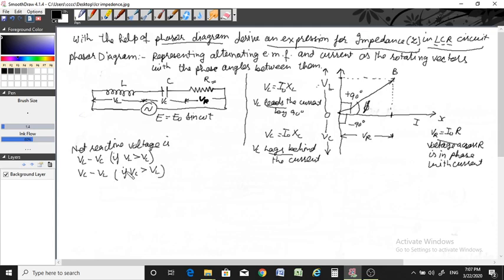But here we will represent the total resultant value, which is equal to VL minus VC,